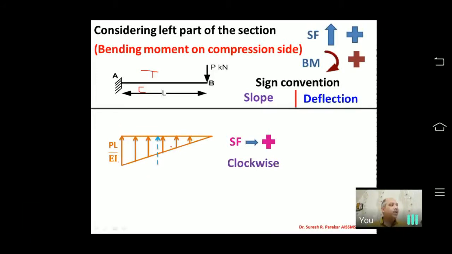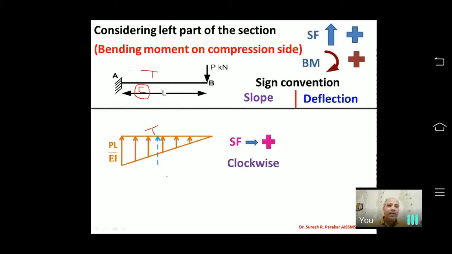My arrows are towards the tension side. So always keep in mind, henceforth whatever bending moment diagram we plot, we are going to plot on the compression side always, and we are going to show our arrows exactly on the opposite side. That means if my bending moment diagram is below, my arrows should be upward, and if my bending moment diagram is upward, then my arrows should be downward.